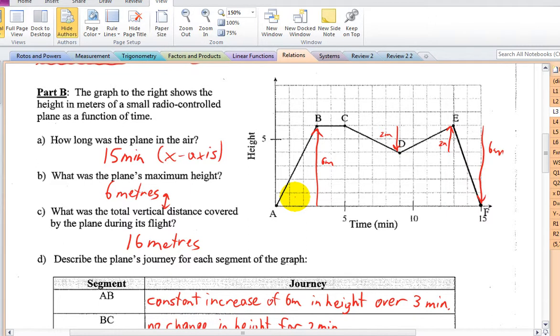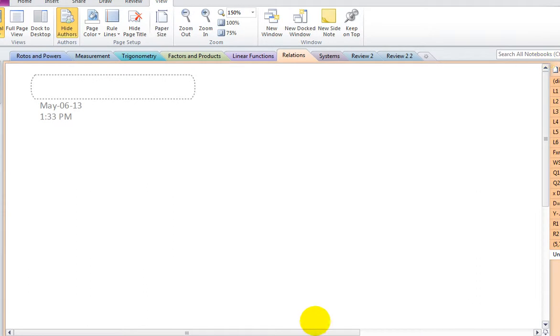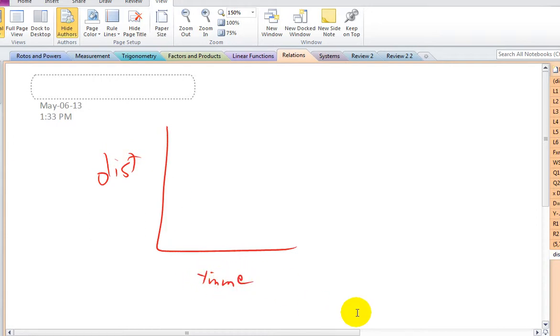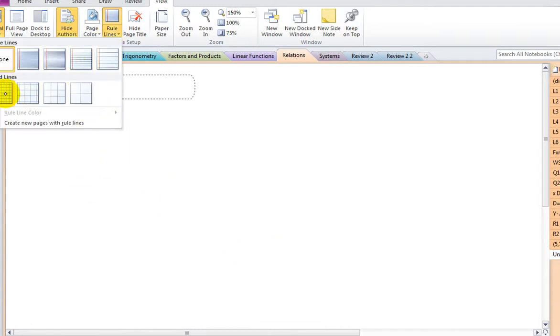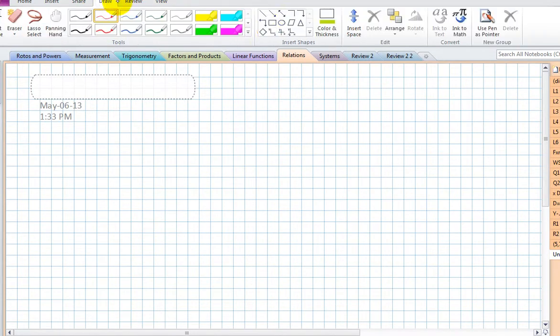Now imagine if you graphed your distance from home. Try and graph that real quick. This would be your distance. This would be your time. What would that look like? What's going to happen over time? Well, let's say it's the distance from your house. So as you get closer to school, what happens to your distance from your house? Further away. So you start at home, you walk to school, you stay there for a couple blocks, walk to